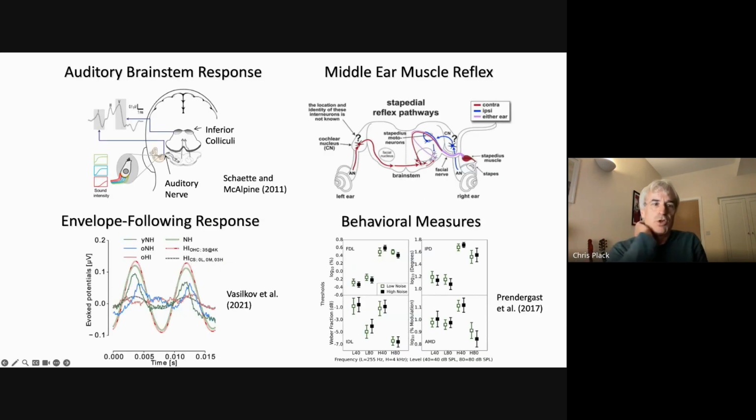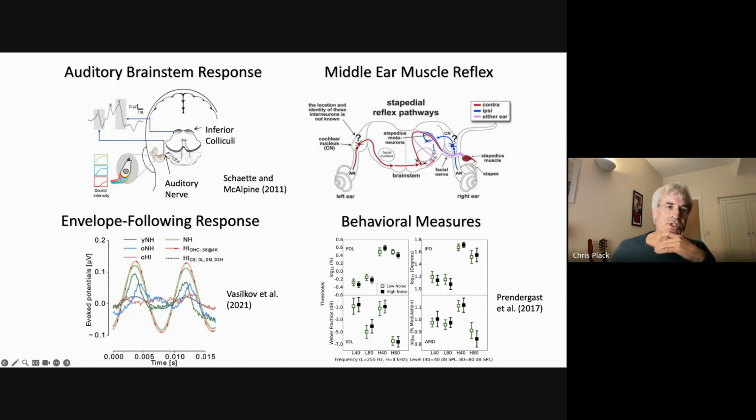So, as Andrew mentioned, we can't ethically, at least not before they're dead, and so we have to explore ways in which we might be able to measure cochlear synaptopathy using non-invasive techniques. And based on the mouse study of Kujawa and Liberman that Andrew mentioned,